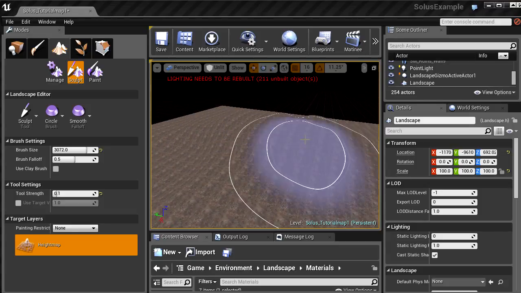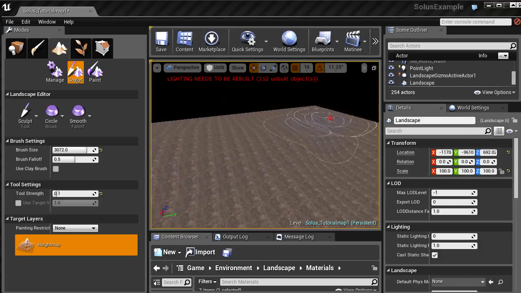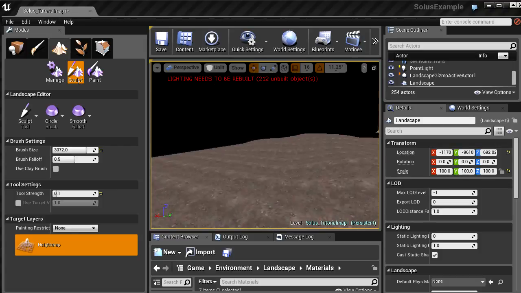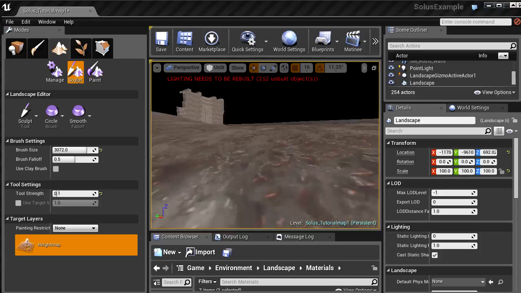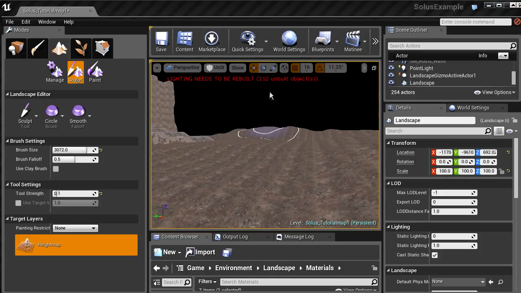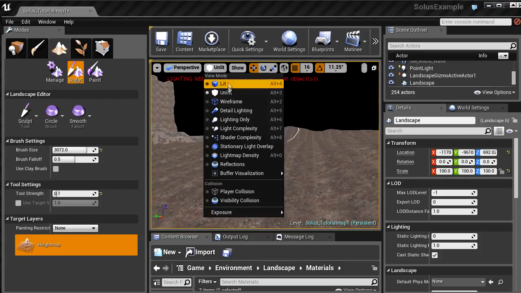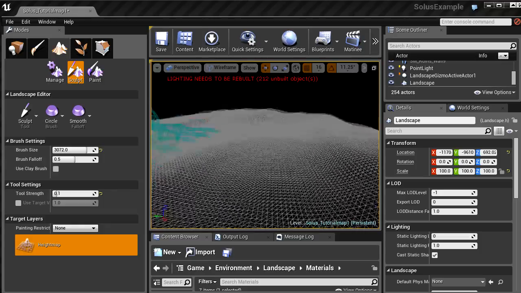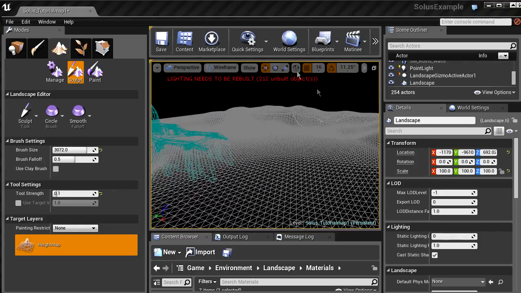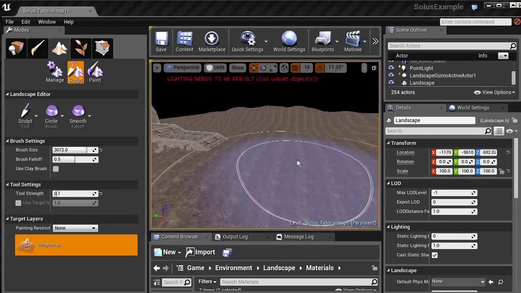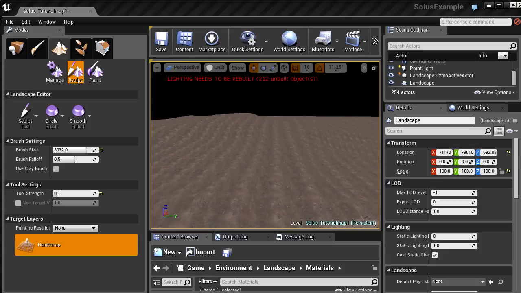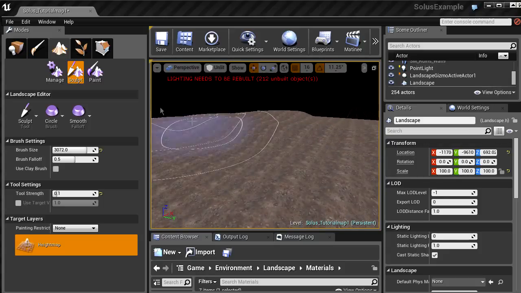I'm gonna paint this up a bit. Might be hard to see. There's no lighting. Without lighting it's especially hard to see. It's all kind of the same. But let's try in wireframe. Actually it's still quite hard, but you can see it's kind of deformed the terrain. This is a very basic landscape we have here, so there's not much advanced stuff going on, but that's the